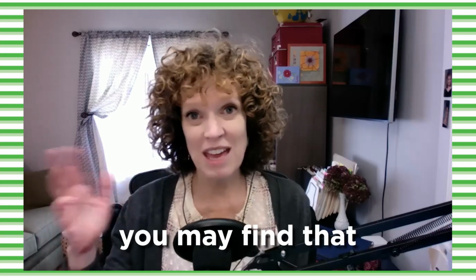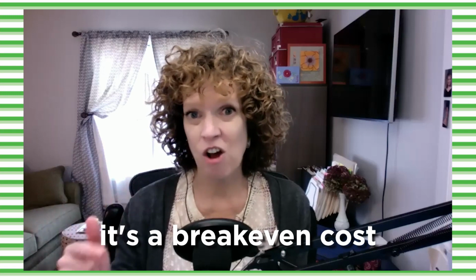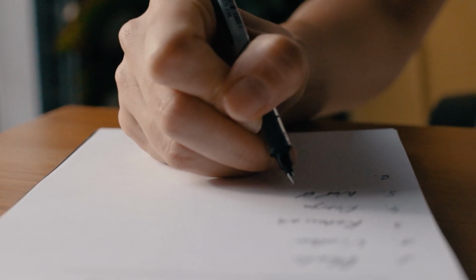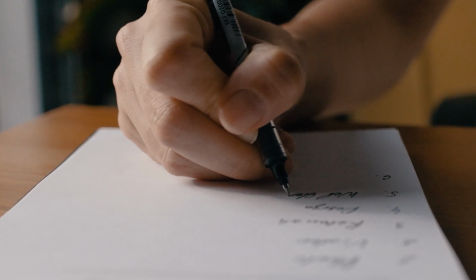And as long as they're able to standardize their photography and give you that white sweep and some background removal, you may find that it's a break-even cost. So that's the first thing. Make sure you know your entire list of needs before you go to those online services. Now, online services are great if you're doing onesie-twosies because that's a really affordable way to get decent and quality